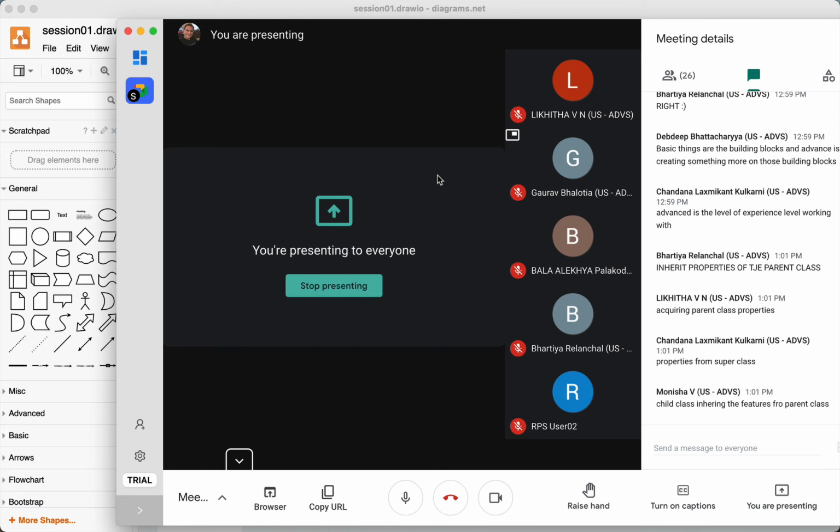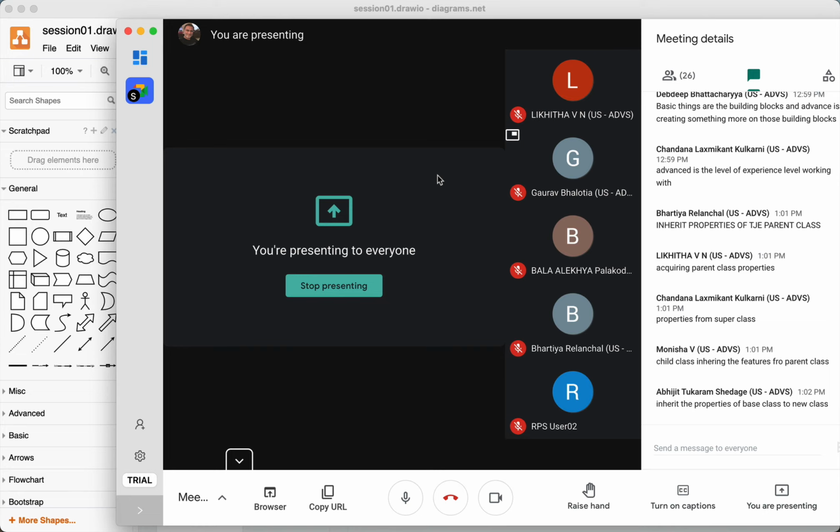Correct? So for example, my father has got a feature called saving. He saves money. I will certainly have the habit of saving money, at least as per Java programming. So I save. Now I can override. Perhaps he has got the habit of saving. His functionality of saving is, out of a rupee that he earns, he saves 25 paise.